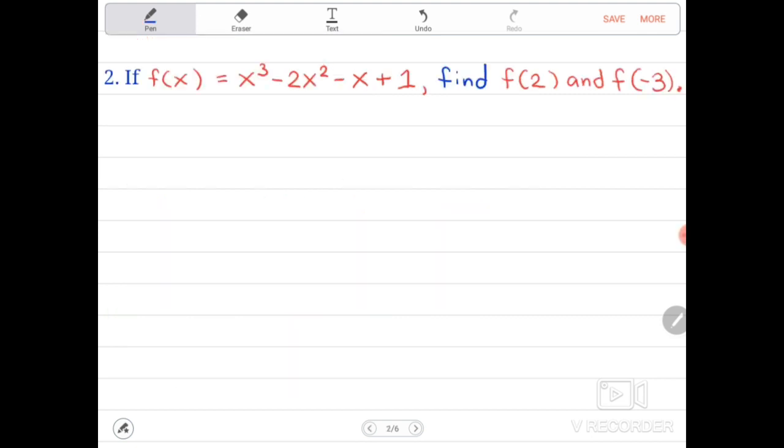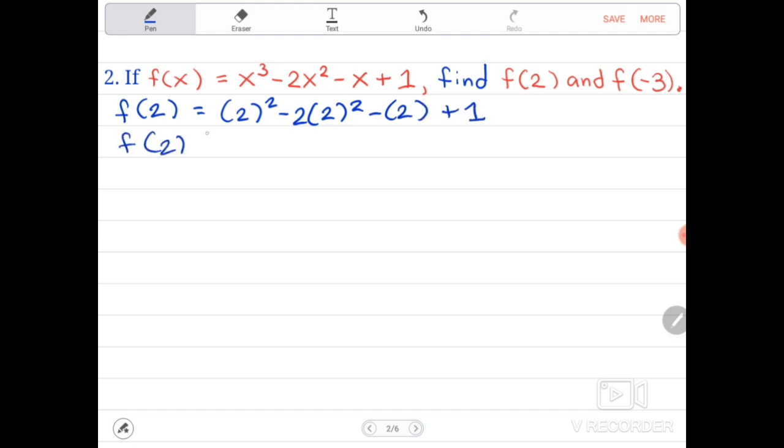Next, number 2. If f of x is equal to x cubed minus 2x squared minus x plus 1, find f of 2 and f of negative 3. Let's try. F of 2, we will be having 2 cubed minus 2 times 2 squared minus 2 plus 1. So we have f of 2 is equal to